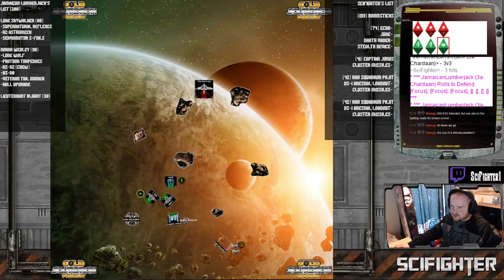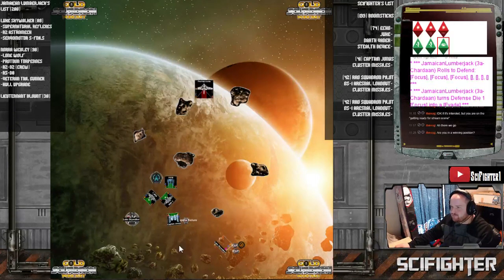Clear these tokens out. And we're gonna cloak. Gonna cloak. Alright, dials. Let's see what we got. See what we got. Well, the